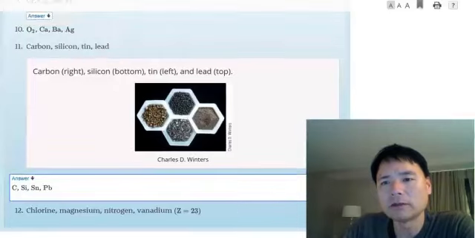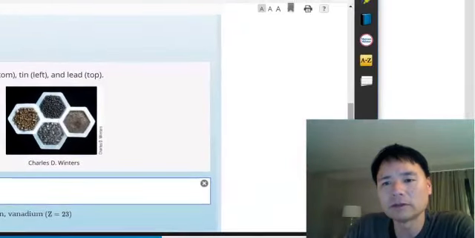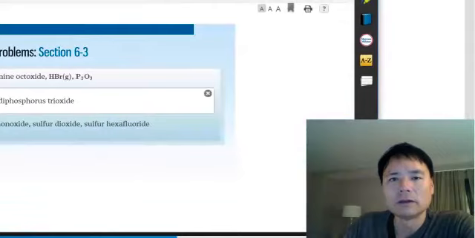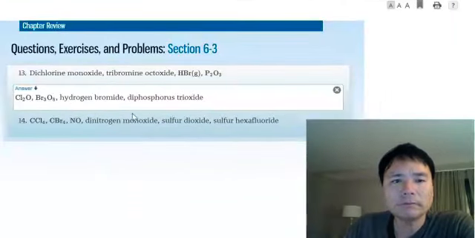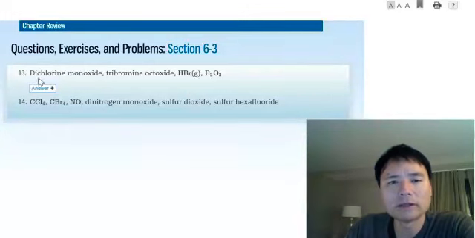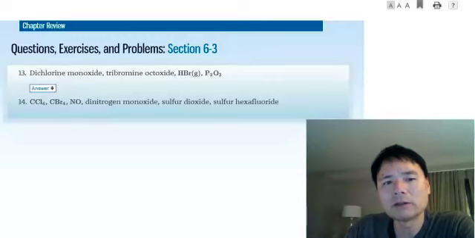Okay, let's continue on here. I have to move this over so I can go to the next problem. Number 13, oops, showed the answer here, but let's cover that up. Dichlorine monoxide, again, binary molecular compound. This is a compound made up of two nonmetals. Dichlorine, which means two chlorines, and monoxide is one oxygen, so Cl2O. Tribromine octoxide, three bromines, 8 oxygens, and so that would be